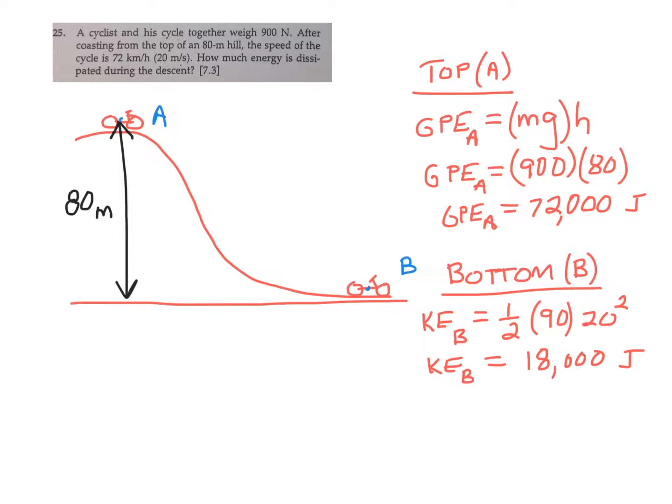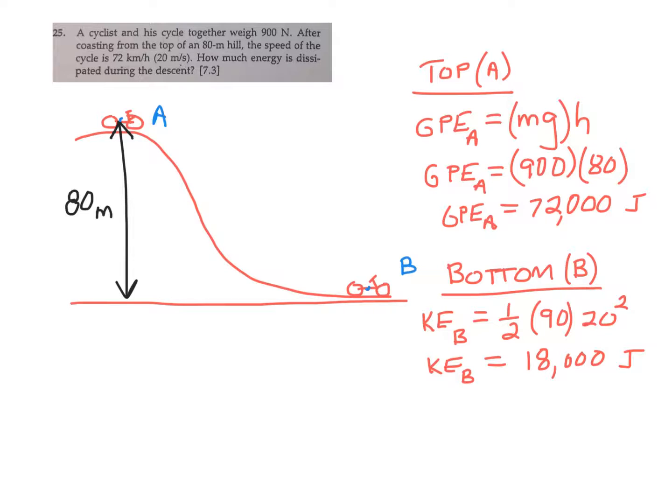In the best case scenario at point B, you would have lost no energy, or you never lose energy, but there would be no transfer of mechanical energy to heat. But with air resistance, there is a transfer of some of your mechanical energy into heat energy on the way